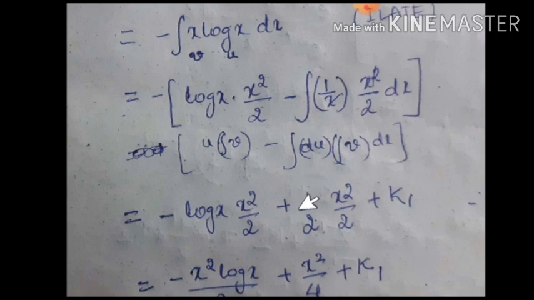And this 1 by 2 is taken outside. And this minus and minus, opened the bracket, became plus, and first term is multiplied with minus, so written that first term as it is. So in the next step when you are writing, we are done with integration of x as x square by 2 plus constant of integration. So this is the a value related to the given function.